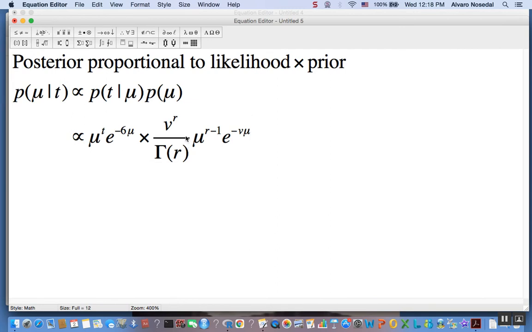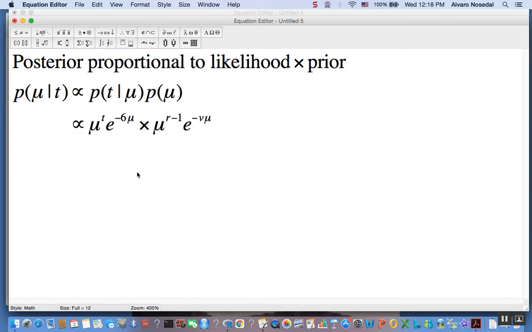But these are constants, so let me get rid of them. That's why I'm using that proportionality symbol. Okay? So once we do that, we just realize,